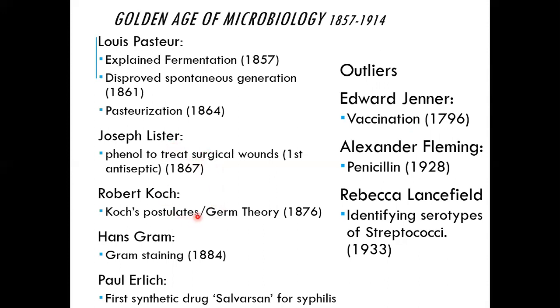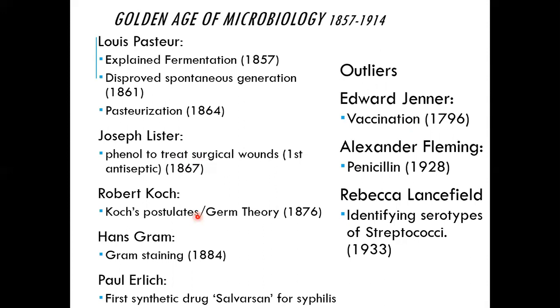Koch came up with the postulates and kind of cemented the germ theory. He also kind of fell into disrepute because he tried to use tuberculin as a cure for TB, and it wasn't. The stuff used in a PPD test to see if you have tuberculosis, he invented that back in 1890. He thought it was a cure. It wasn't. People got sick, so he ended up not doing great at the end,